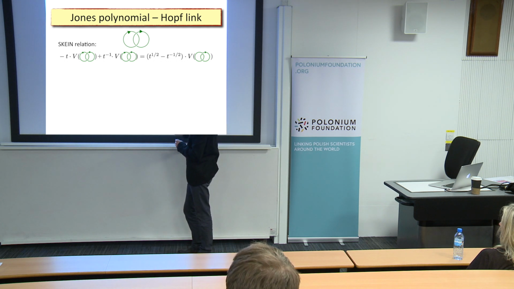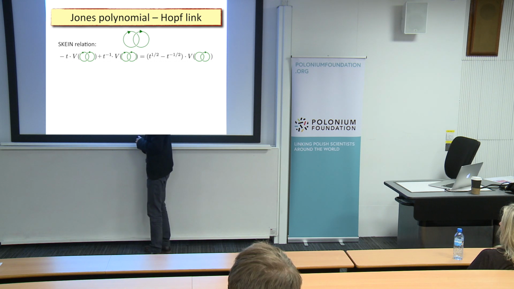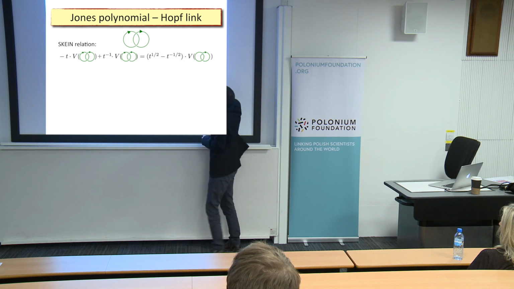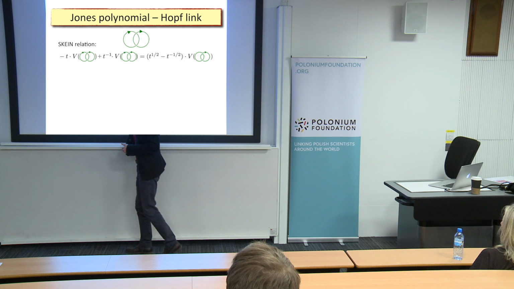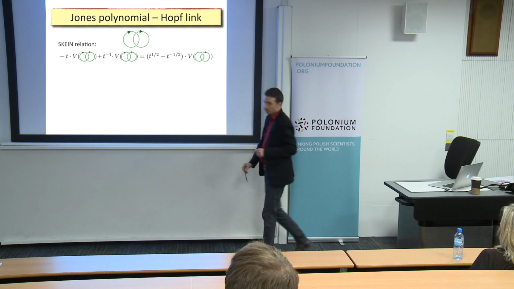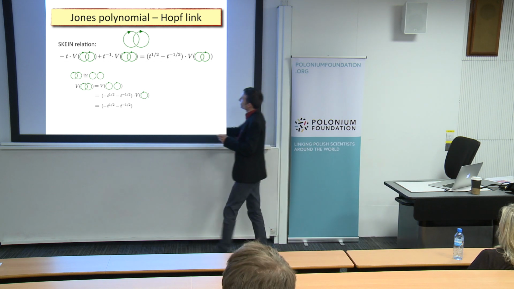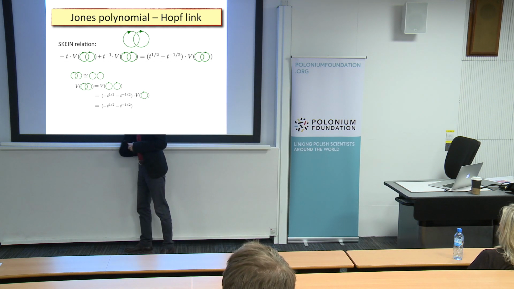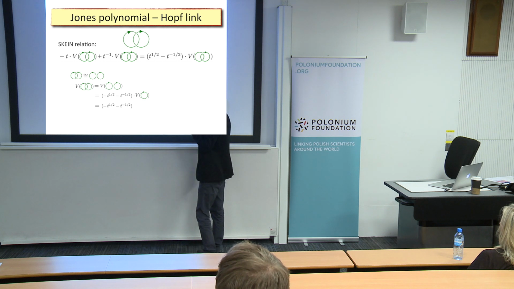I focus on this top crossing. So you can see that here this left circle is going under in this case, but here it is going over the right circle, and here they are smoothed. So this is how this relation looks in the Hopf link case. And then you can also notice that this is topologically equivalent to unlinked circles. You can just separate them. And then we can use this fact from the previous slide.